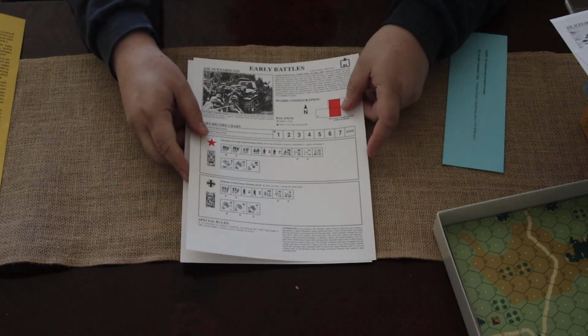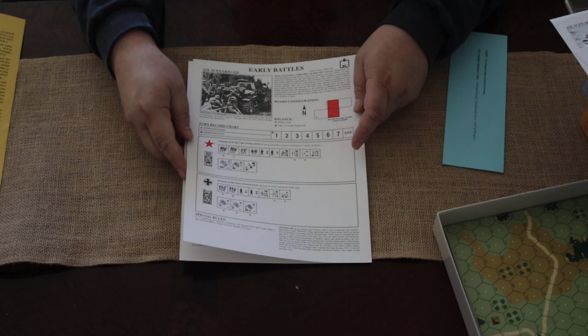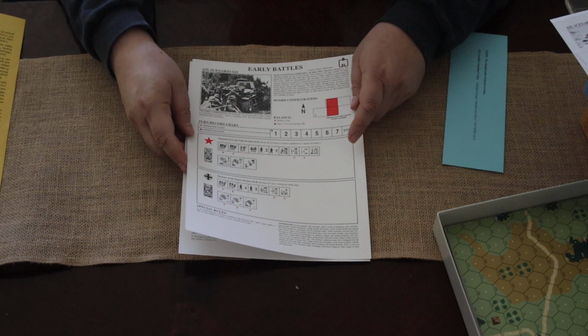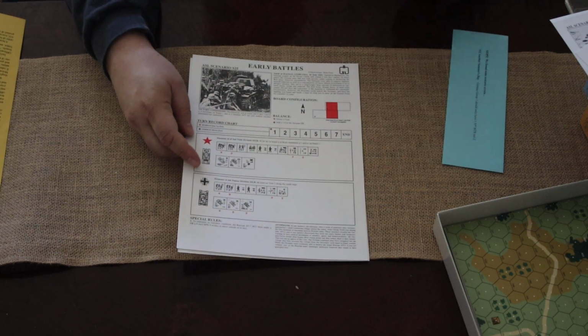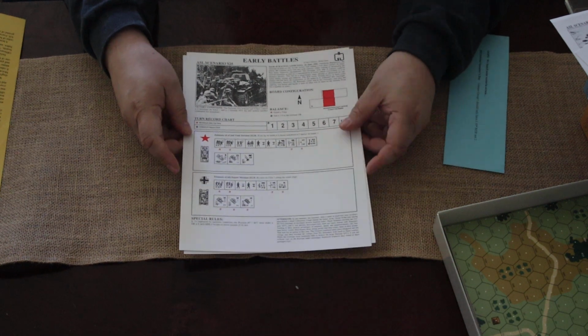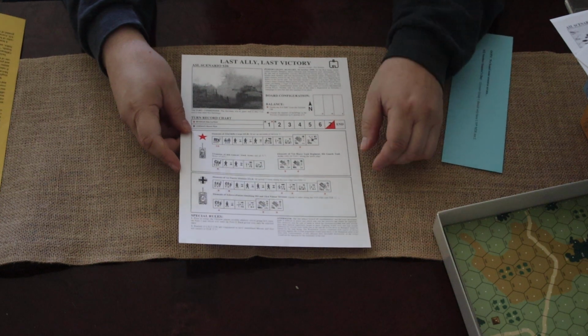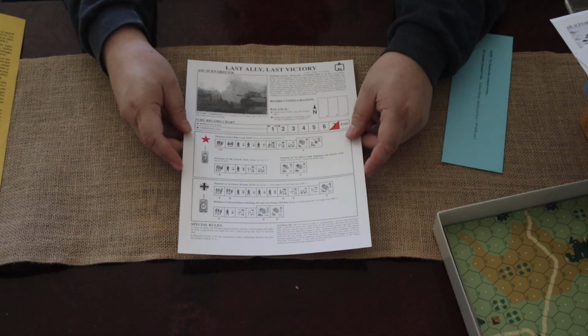And then here, early battles. Looking in Lithuania in 1941, so you get some of the early stuff here, like the good old KV-2, that 152 millimeter gun mounted on it. Gave the Germans a lot of headaches. And then last ally, last victory,